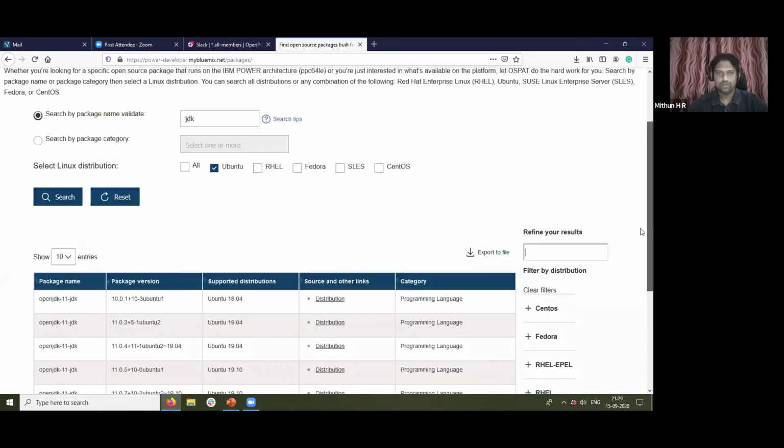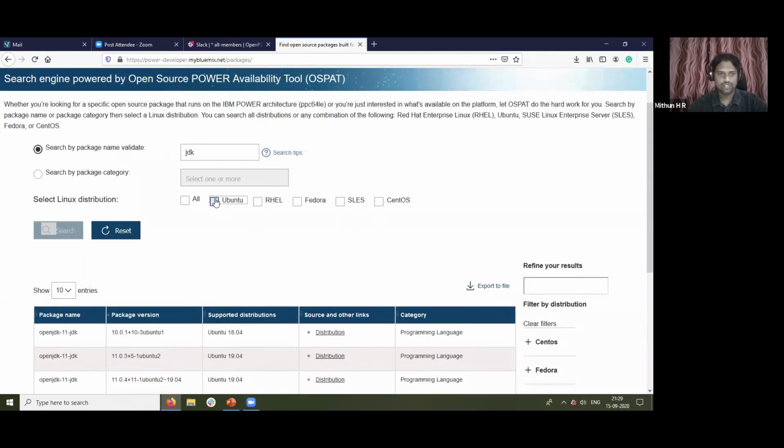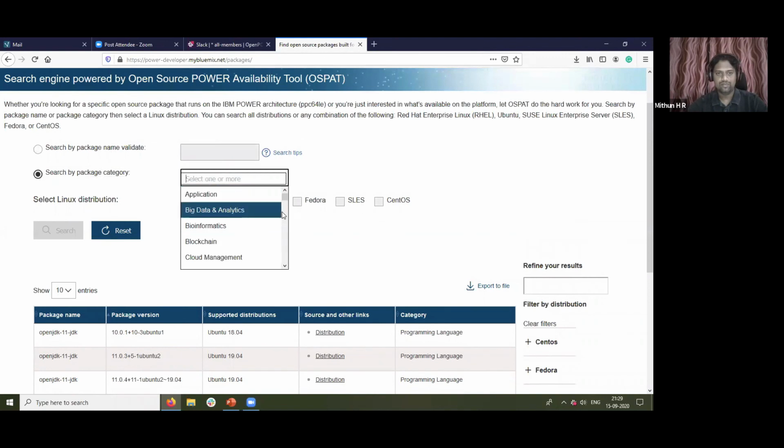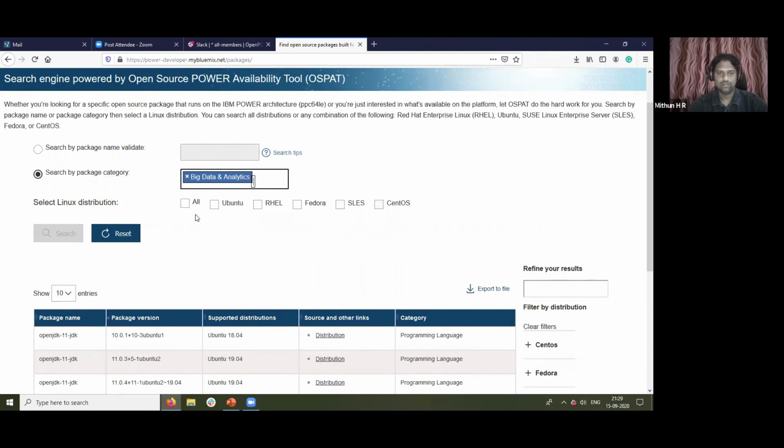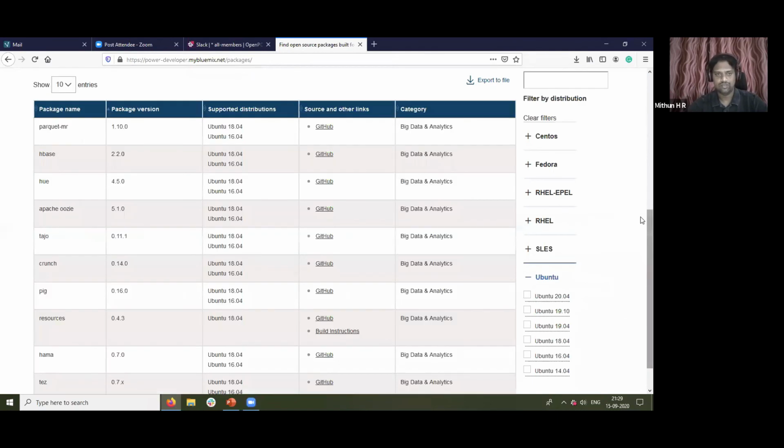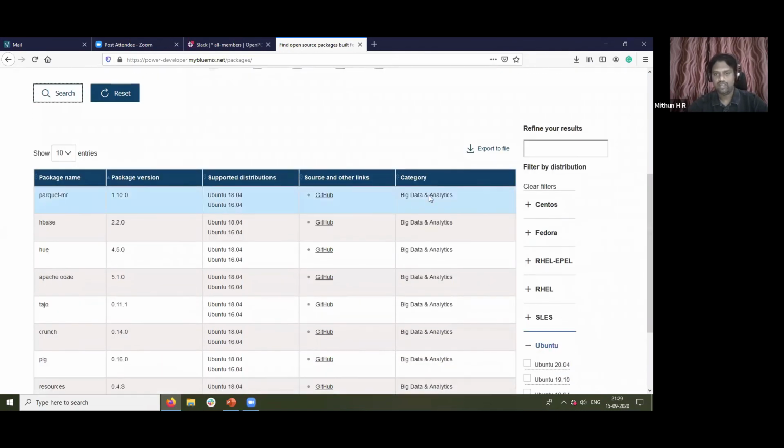One more thing to mention here is that there is search by category. There are different fields which we have segregated based on usability. Suppose you want to see packages supported for big data and analytics on a particular distribution, you can search for that, and all the categories related to big data and analytics will be displayed.